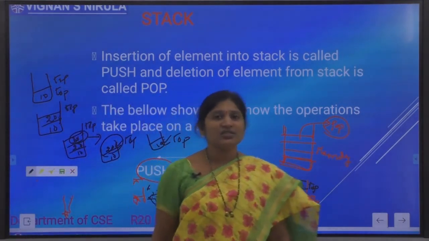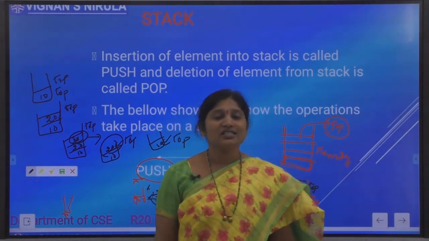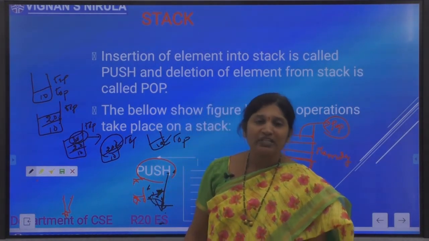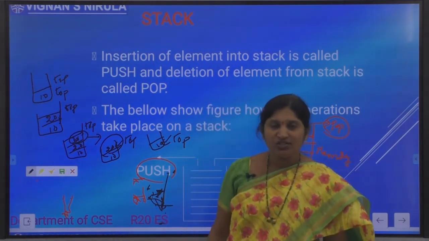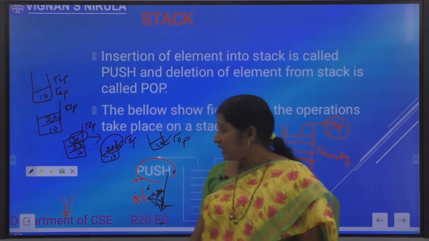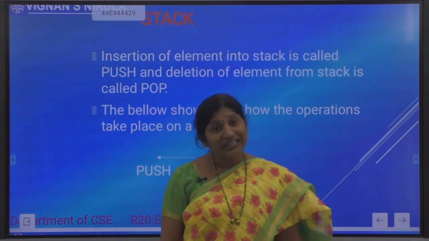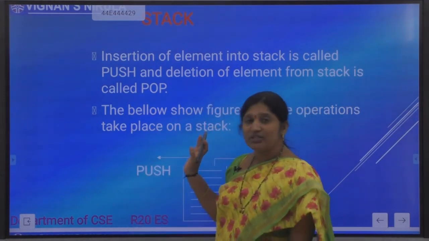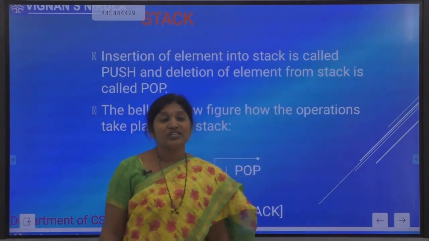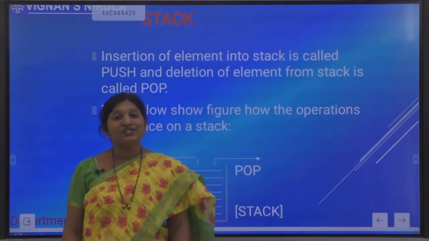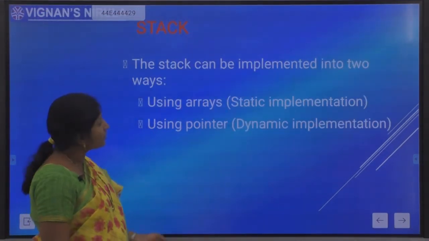Stack is a data structure which organizes the given data elements in last in first out manner. The common operations are insertion, deletion, traversing, searching, all those kinds we can apply on stacks. The stack is a linear data structure. That means all the elements can be stored in continuous memory locations, or in non-continuous memory locations, but there exists a linear relationship among the data items.